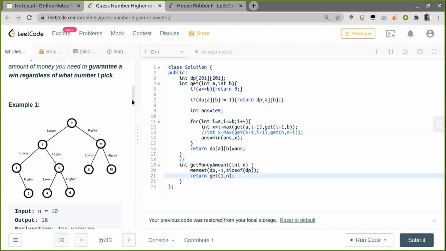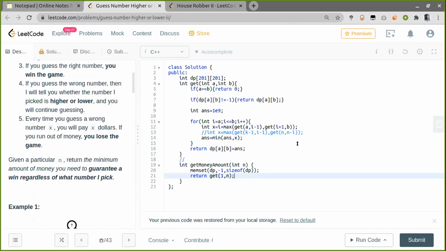Cool. I will just code the binary search and then check if it is passing or not. Yeah. Till then, we can discuss the next interesting question. Yes, sure. Till then, we can discuss the next question, I guess.